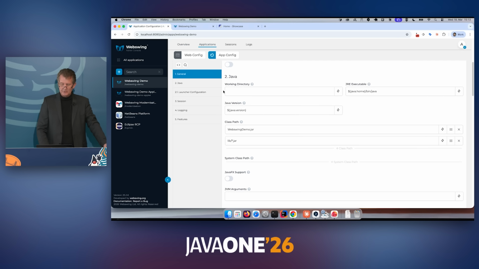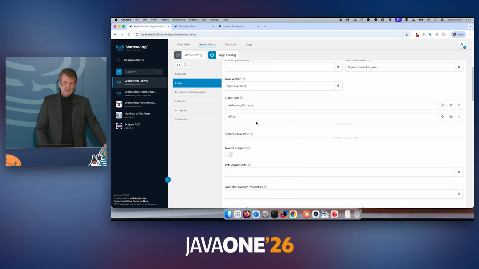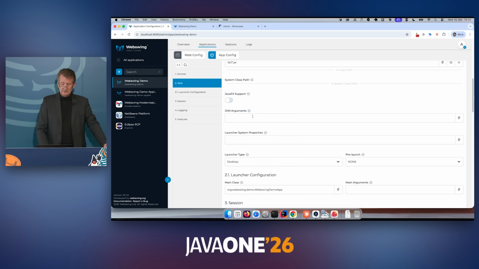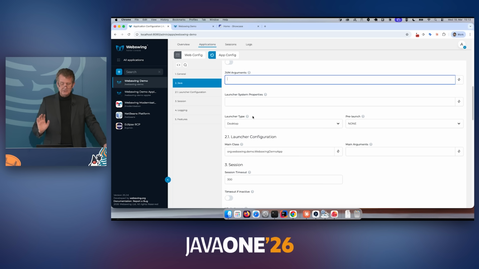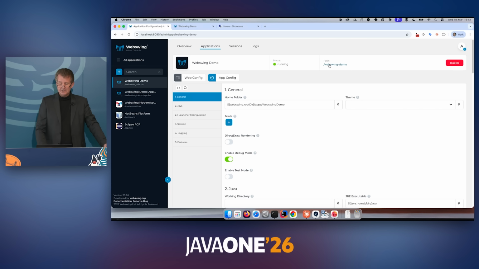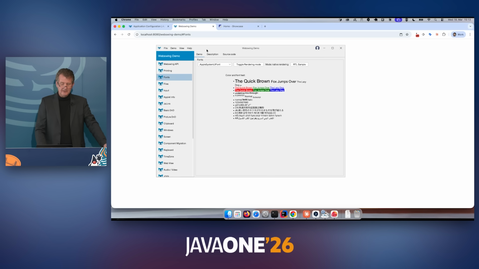Besides the working directory and the JRE executable, you have your class paths. This is where you would put the jars that you need in the UI layer to execute, and the JVM arguments that you need. In this case, for the demo, I don't need any. And there are certain other settings that I'm not going into much detail on. It's well documented. And then after doing that, I can just click the link, and here is the running application,